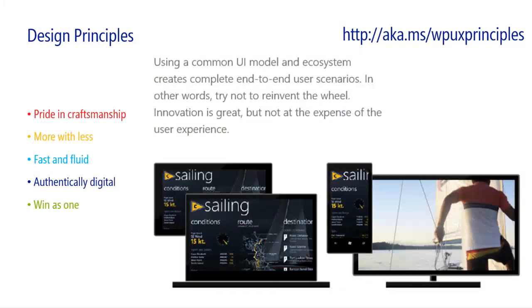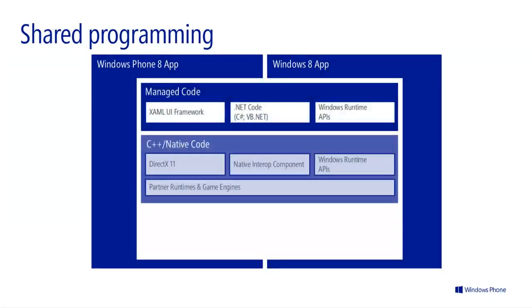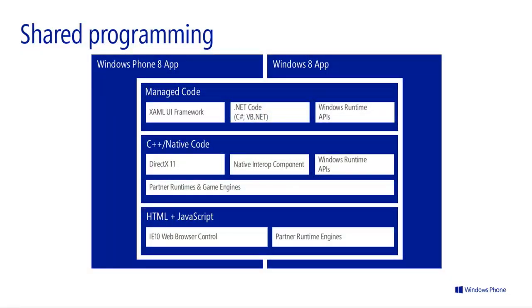Windows 1 is a reflection of the fact that we have Windows and Windows Phone both delivering a common set of user paradigms. And so we have a lot of people building applications for both and leveraging a lot of the same concepts across both, the same design language, and even end-to-end scenarios. For example, on Netflix, you can start on one and finish on the other, and you have what's called a continuous client experience. This principle is about trying to incent people to think in that way. I mentioned that Windows and Windows Phone have now moved to this shared core.